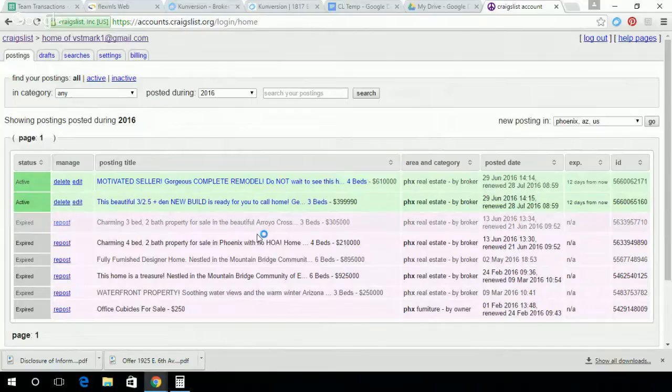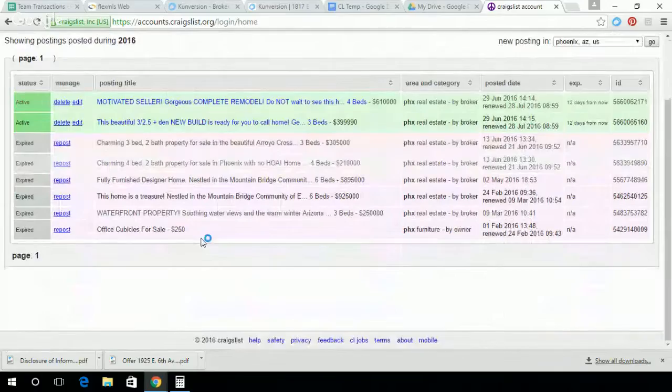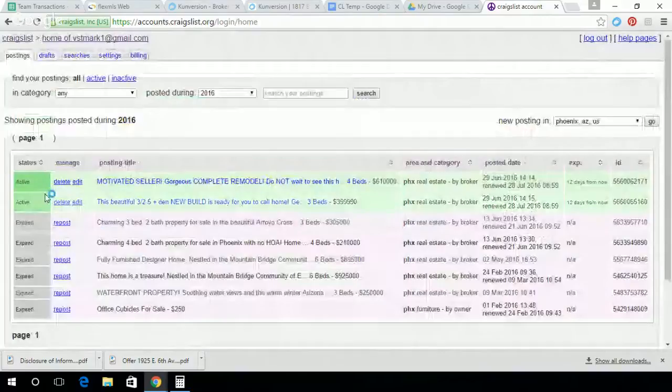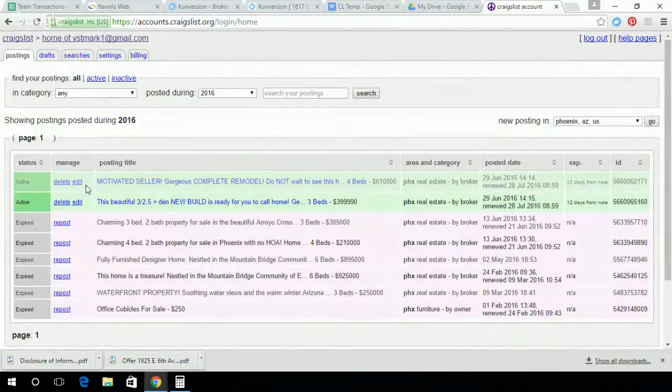The reason I logged into my Craigslist account here, well, you can see I don't post a lot on Craigslist anymore, okay? But if these ads could be renewed, you would see delete, edit, and another option that says renew right here next to it, where I'm holding the cursor. Whenever you have renews here, you want to be sure to hit that renew. You don't have to edit anything, you just click renew. Now the key is, let's say you have 2 pages of these. You want to hit renew, renew, renew, renew, renew.